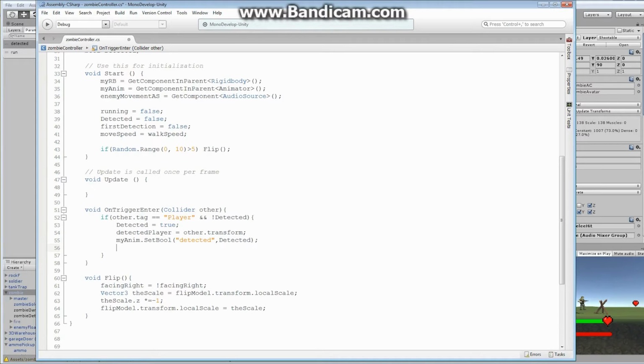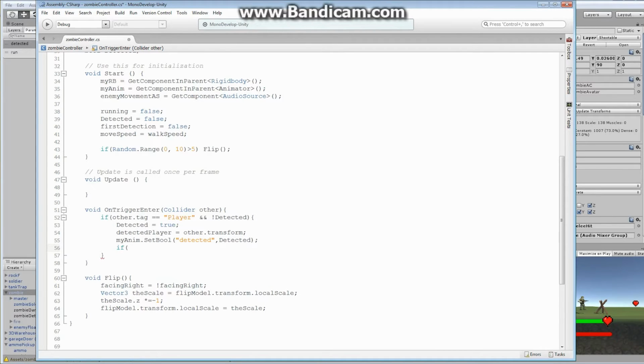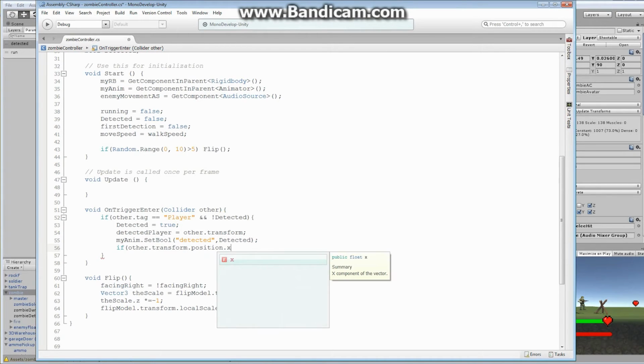Now we want to check a couple of other things. First of all, we want to check where the player is, because we're going to have to flip this enemy around to be facing towards our player. We want to do that for sure. There are two situations where we want to flip. If we're facing right and our player's on the left, we want to flip. And if we're facing left and our player's on the right, we want to flip. Just those two situations. So if other.transform.position.x